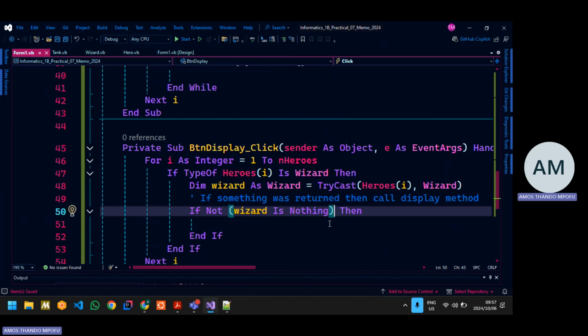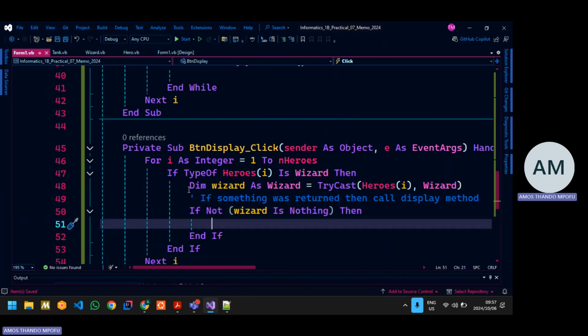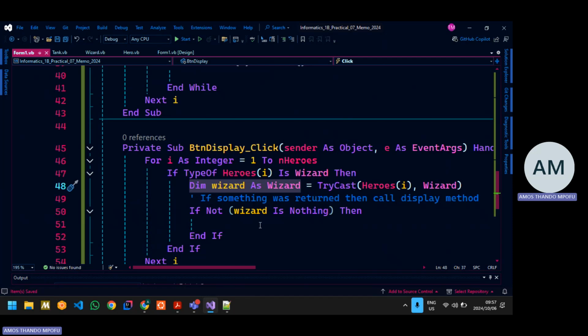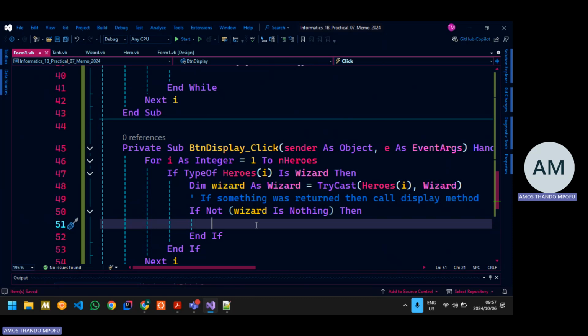Remember negation. Minus one, it's positive one, right? So not nothing is something. So hence I'm going to use that logic. If it's not nothing, that means it's something. That means that we did manage to cast this to a wizard. And if it's nothing, then we just skip. You see that it doesn't crash. It won't throw an exception. We don't want the exception. So if it does, then I can what? I can safely call the